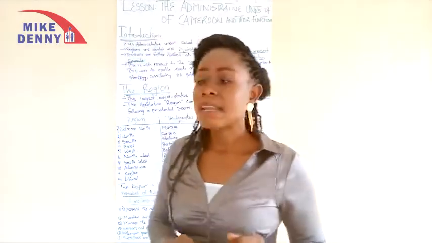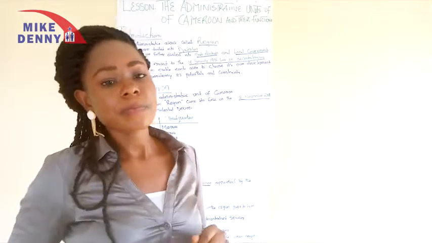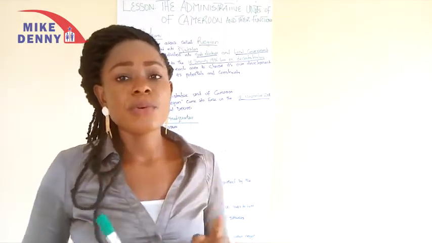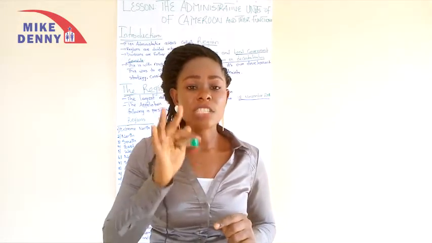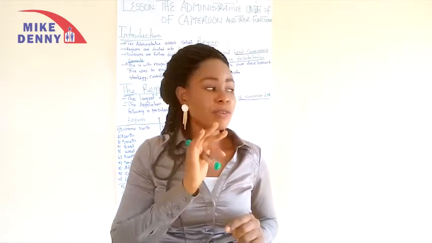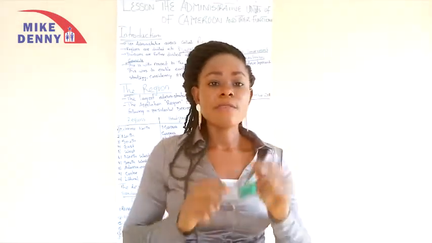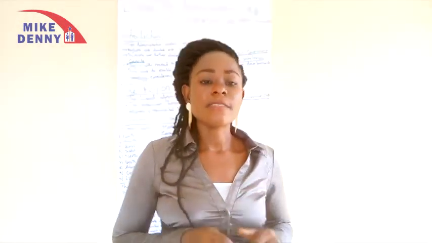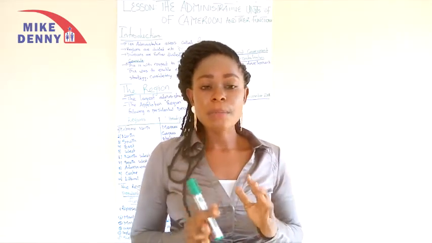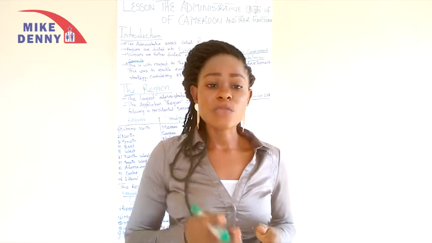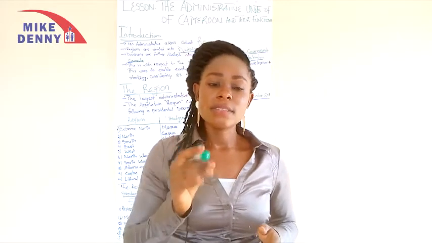We are going to begin our lesson, and the lesson of today is the administrative unit of Cameroon. The administrative unit of Cameroon is divided into three. So we have three main administrative units of Cameroon. And these three administrative units of Cameroon are: we have region, we have division, and then we have subdivision. This division was put in place on the 18th of January 1996 by law on decentralization.